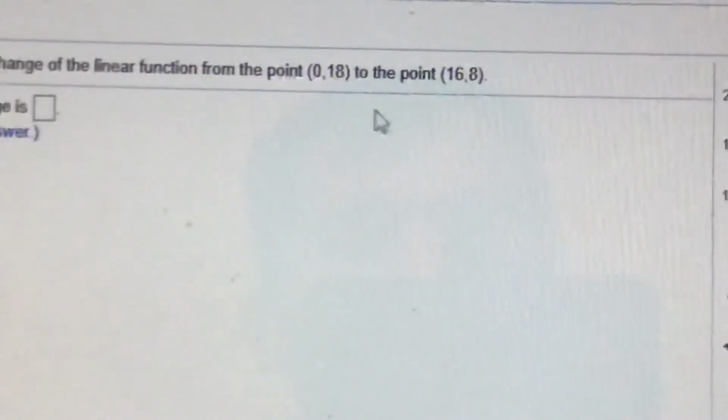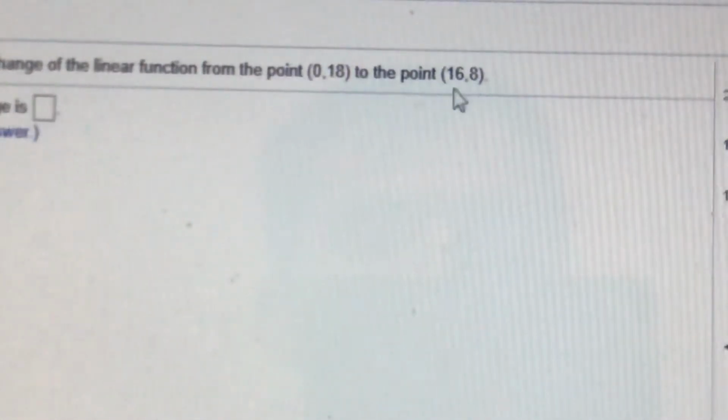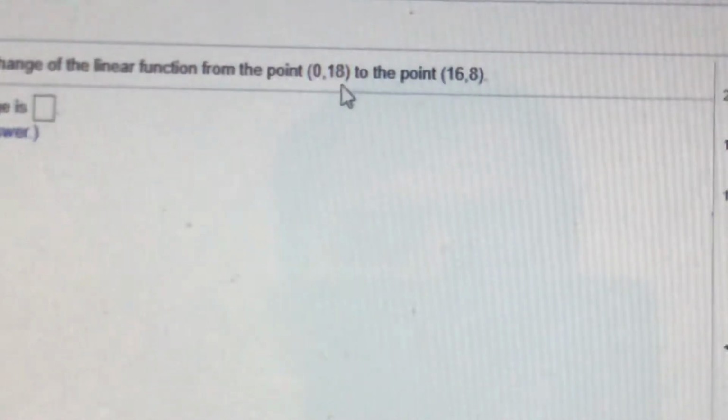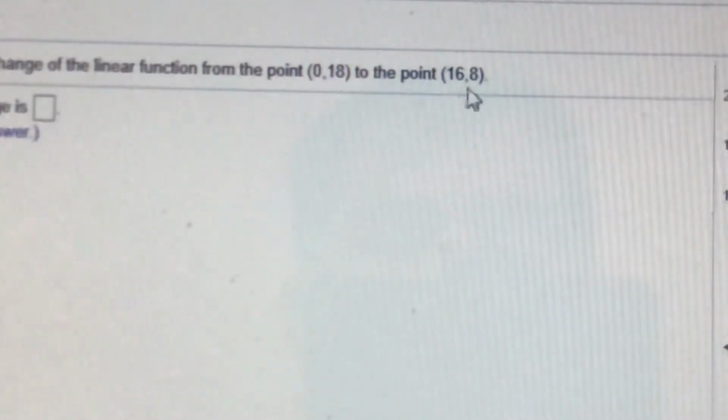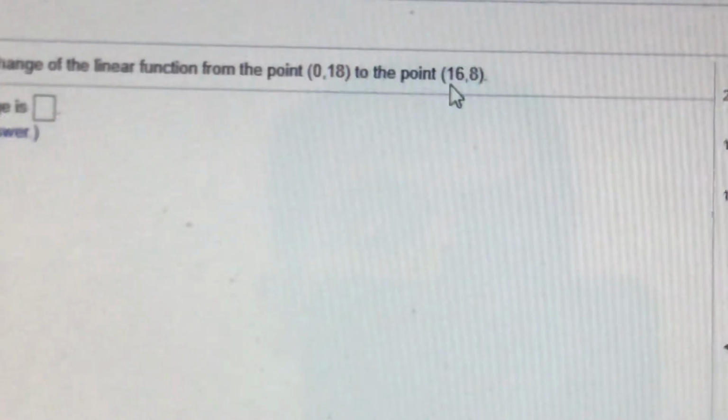Now I'll tell you this, they have also given you coordinates on this problem. They've given us coordinates here. So for example, we did this earlier. Change in y. Your y values are 18 and 8. So if you were to go from 18 to 8, that is going down 10. And here, going from 0 to 16, oh sorry, that went up 16. From 0 to 16 is up 16. So you have a negative over a positive. Okay, and you would have to simplify, but